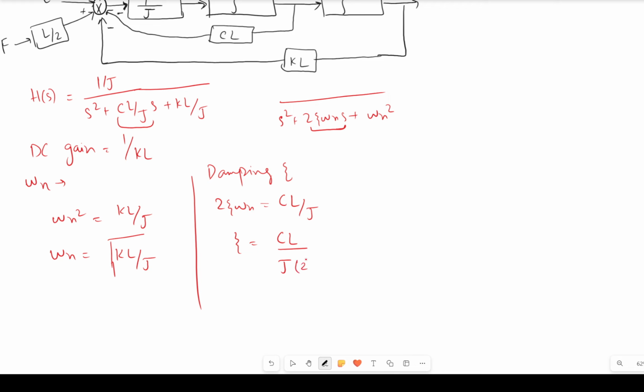So we have 2, and we have omega n under the root KL by J. Now, if I remove this under the root by J from here, I can write this as,